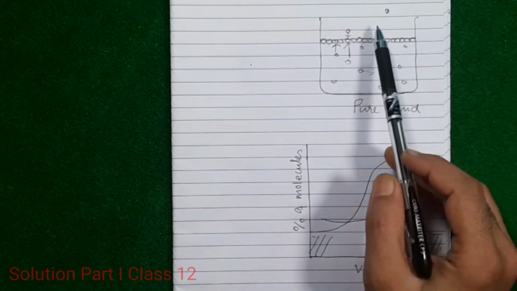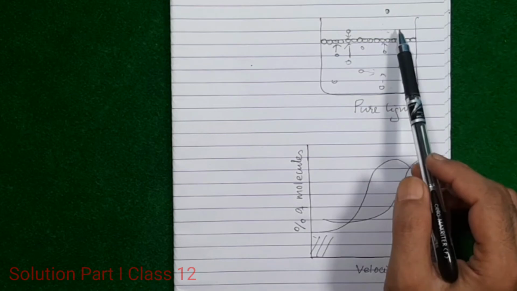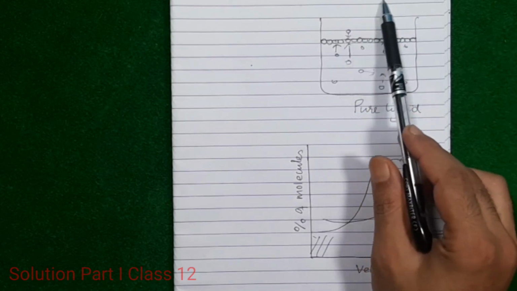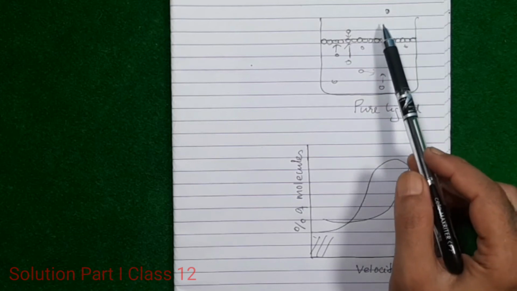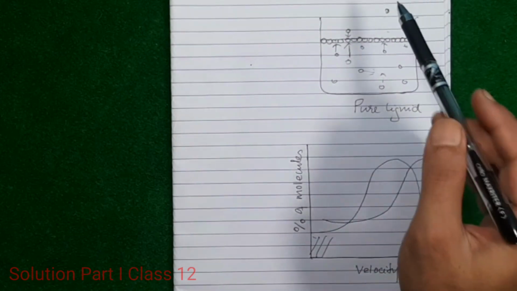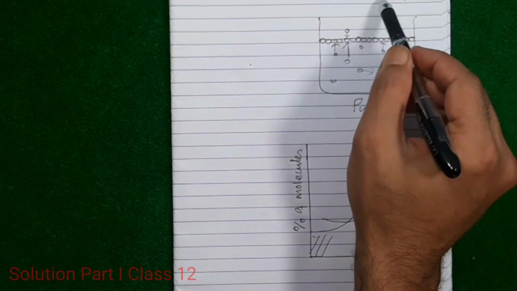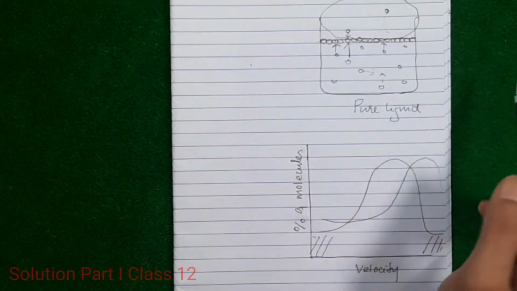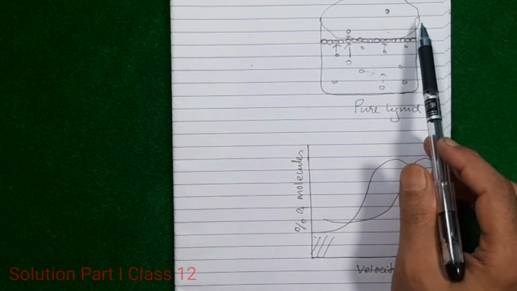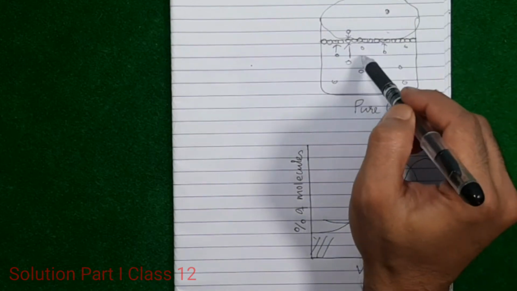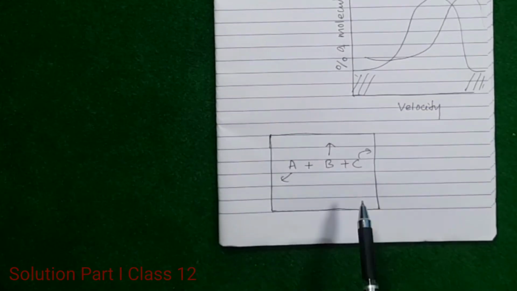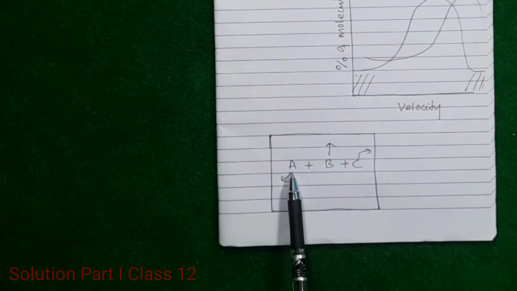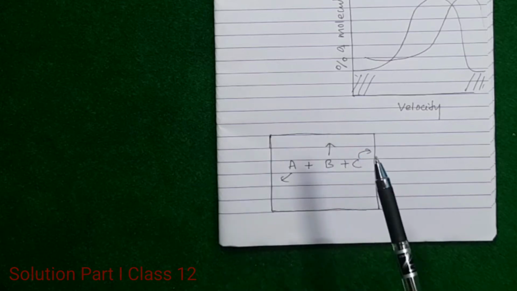Now above the surface of this liquid, you not only have liquid vapor, but you've got other components of air, like nitrogen and oxygen. So just above the surface of this liquid there's a mixture of different gases like oxygen, nitrogen, various other components of air, along with the vapor state of this liquid. So there is a mixture here. I've taken a mixture of three gases A, B and C. They are inside this container.